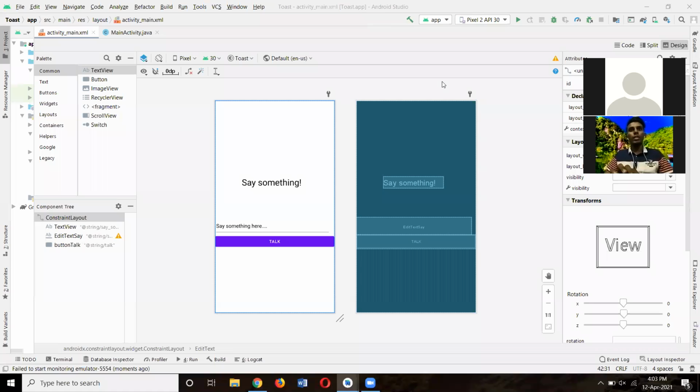Okay. This is the last project, which is Calculator 2. My project name is Calculator 2. For Calculator 2, I used